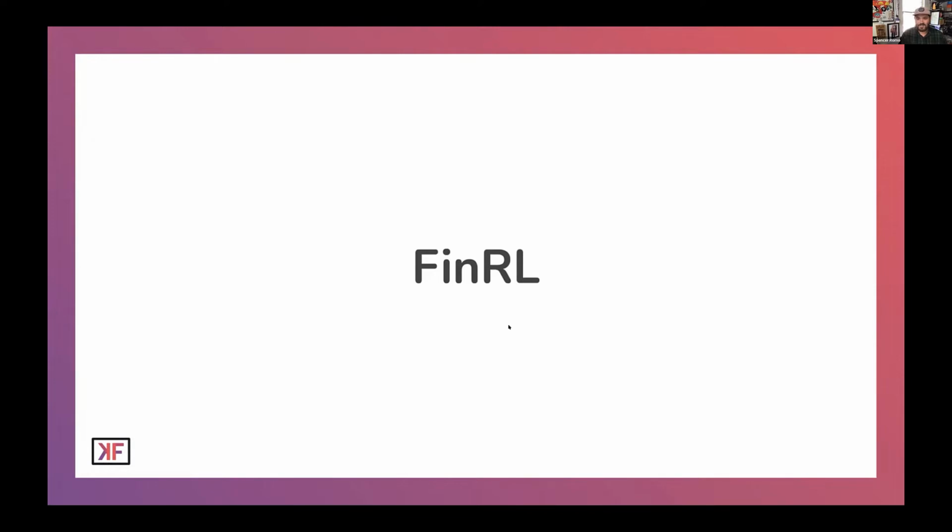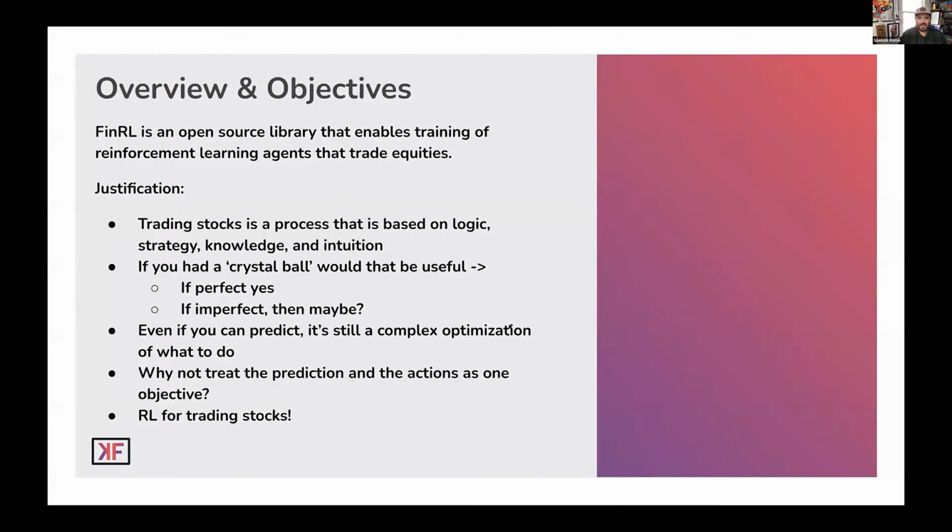And so if we move to the next slide, I eventually found this project called FinRL. It was in its infancy, and it's an open source library that enables the training of reinforcement learning agents to trade equities. Really, it's a core contribution of a few environments that demonstrate stock market dynamics and allow you to then train a reinforcement learning model